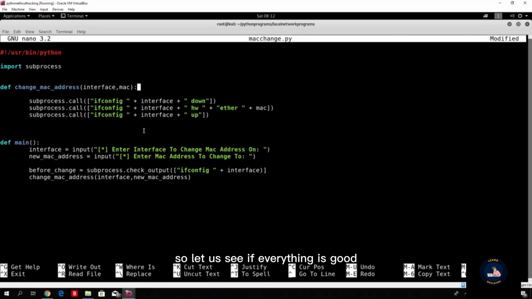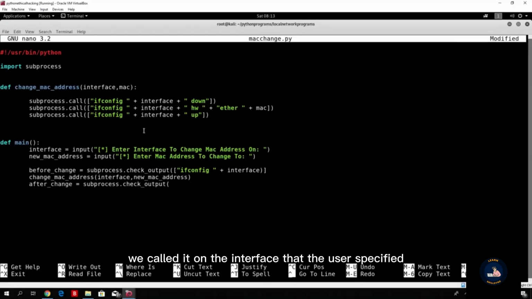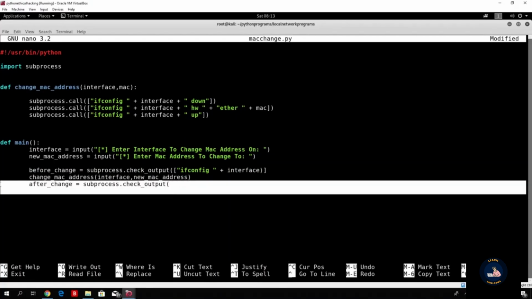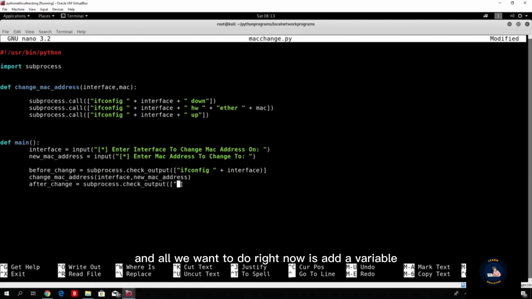So let us see if everything is good. Everything should be good. So we close the square brackets, we close the normal brackets, and all we want to do is actually call the same thing right here, just to put our interface up. So we paste this, and all we have to do is change this from down to up. And this is the entire function of changing the MAC address. So all we want to do is actually call it right here, which we did. We called it on the interface that the user specified, and we called it on the MAC address that the user specified. And all we want to do right now is add a variable which will be after change